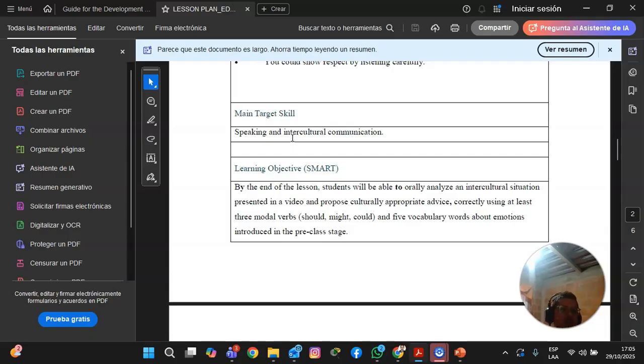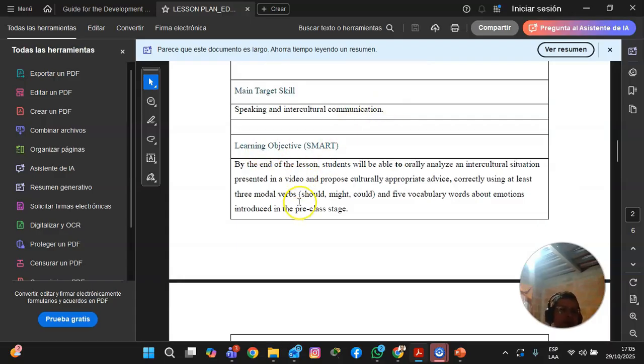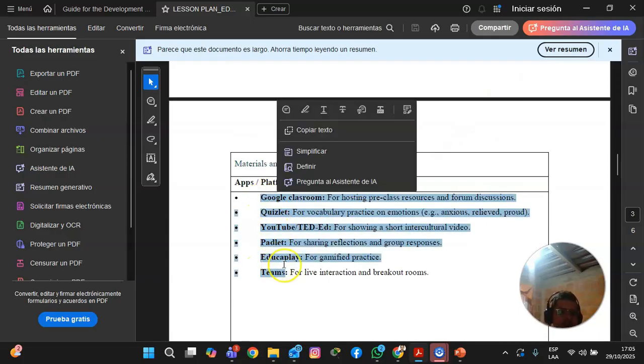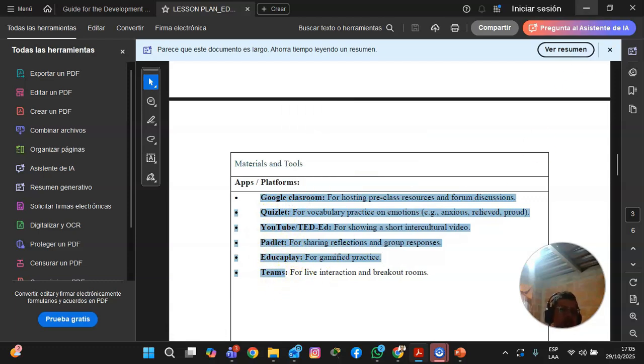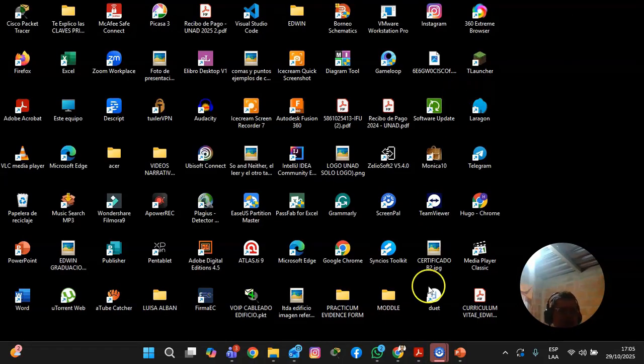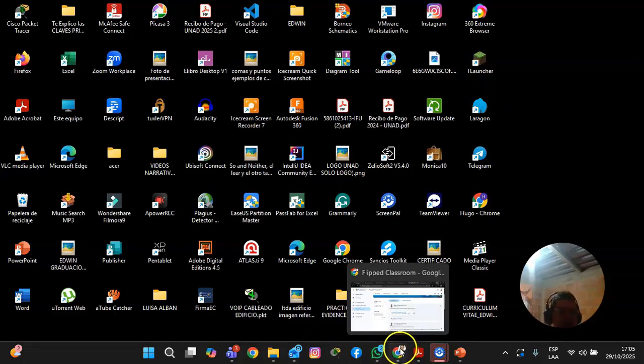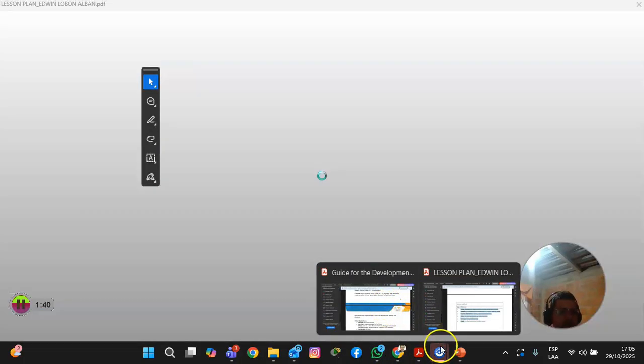It's important that the students can be immersed in those skills, because they can get tired of the same activities. These are all the apps for the classroom I use today: YouTube, Genially Classroom, Educaplay, Padlet, and Teams. Teams is the application for recording, holding the meeting, and giving the class.